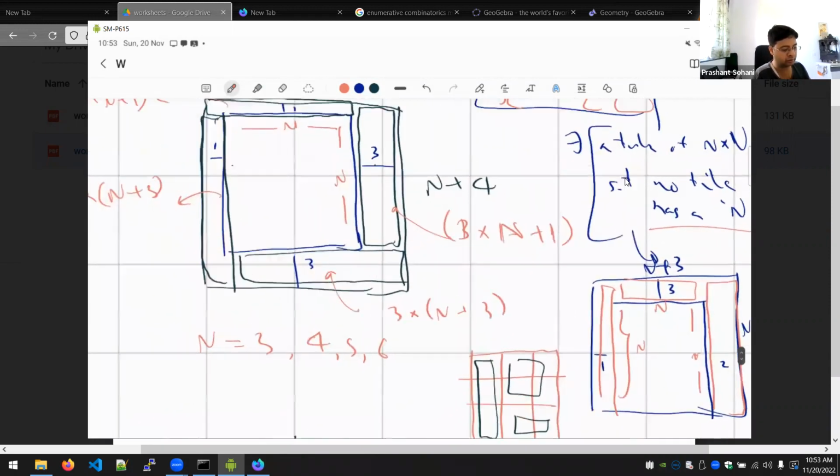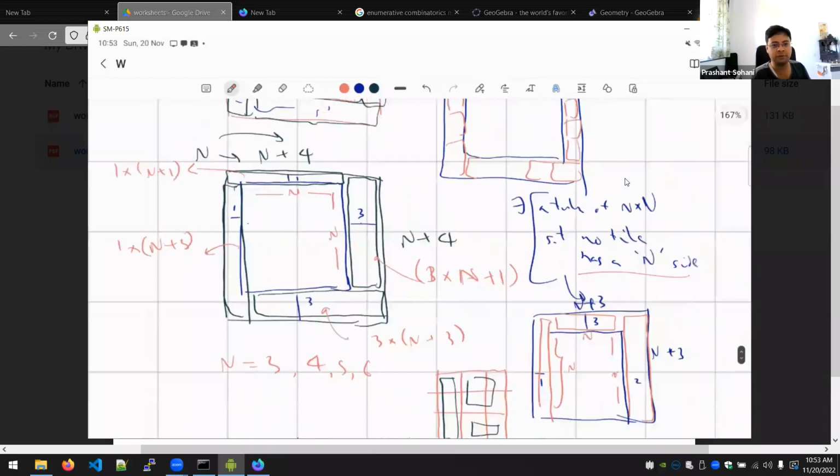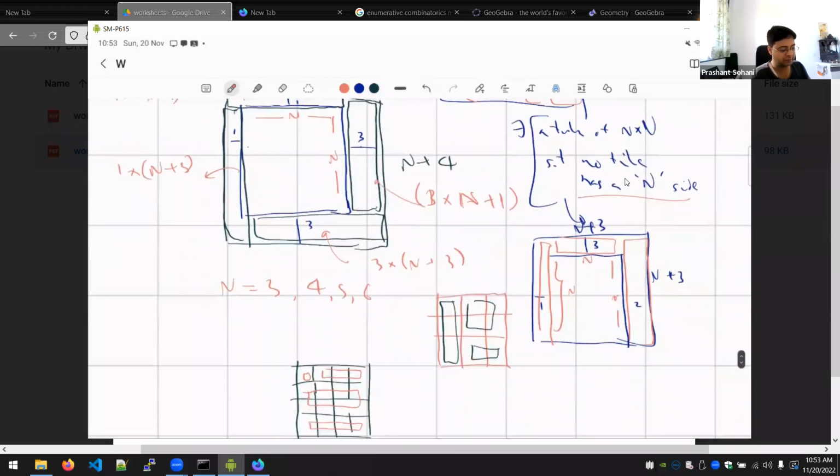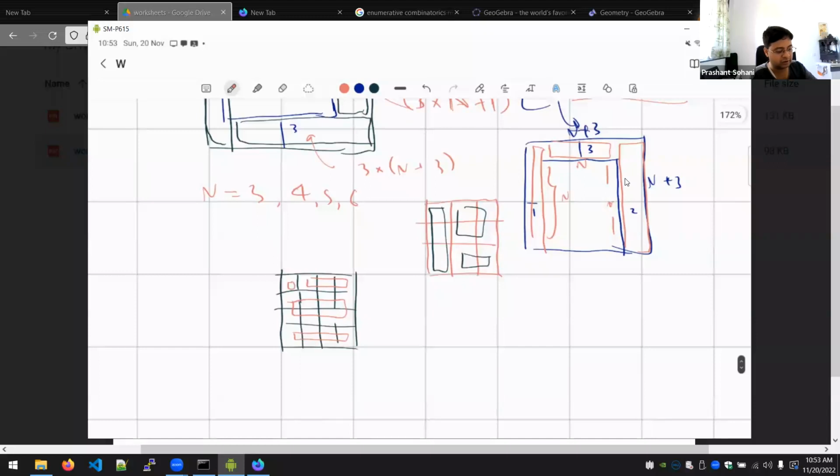Okay, so this was the inductive approach. But now let's look at an explicit construction. Just as I said at the very beginning, if we drop that congruence condition, then obviously the solution is to have all the tiles vertically like this, and that is the end of the story. But now because of the congruence problem, we cannot use this solution. But see if you can modify the solution a little bit